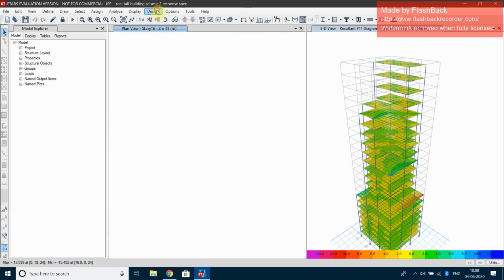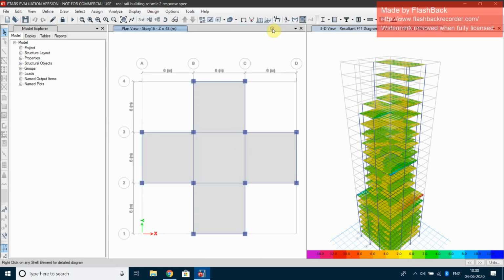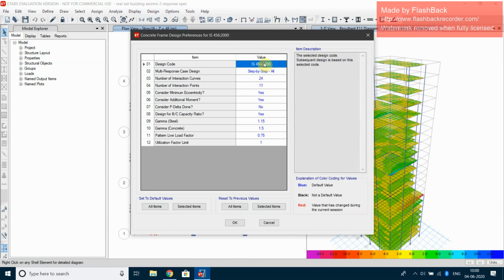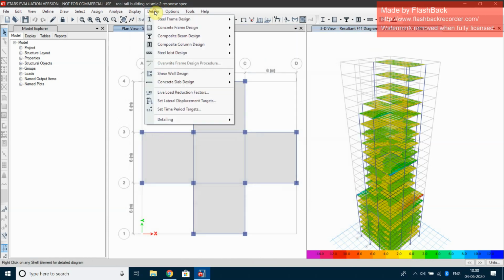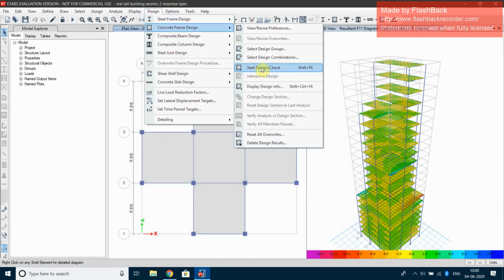Next we go to design, concrete frame design, and view or revise preferences. We select the IS 456, then go to concrete frame design, start design or check.